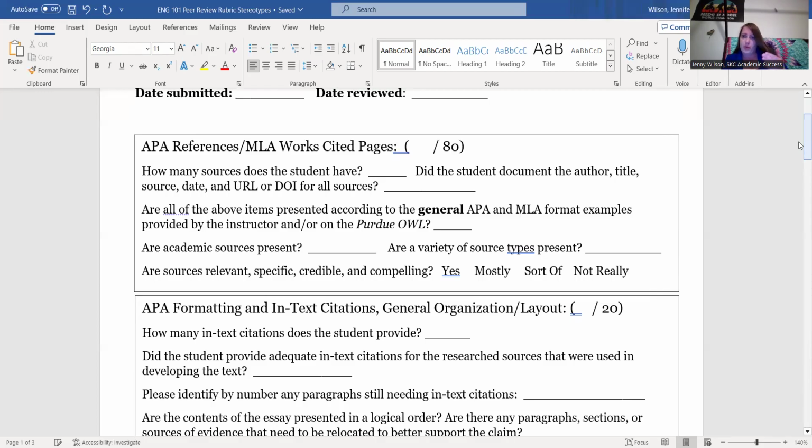So number one, before I even read your paper, I want to see the foundations of the house. I turn to the back. If it's printed and there are 5 or 6 pages, I turn to the very last page and I look at the sources that the student used as the foundations of the house, if that makes sense. Before we even build the house, what materials did we bring to the work site? What sources did you look into before you even started writing, or maybe after you had started writing?